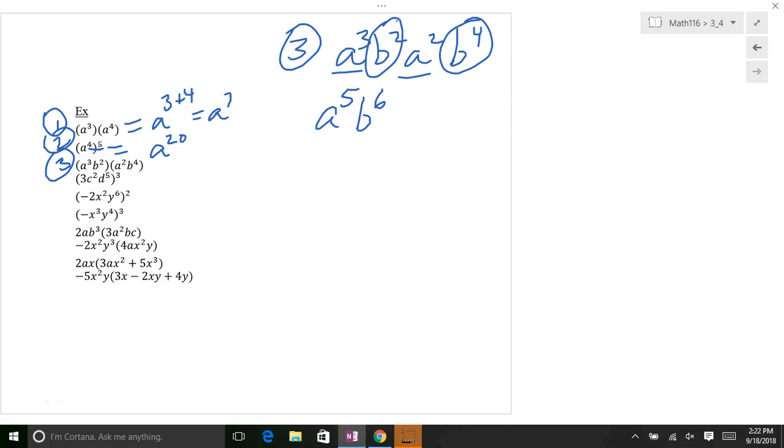Right, how many bananas you got? You got b squared, you got 2 bananas, you got b to the 4th, you got 4 bananas. How many total bananas? 6 bananas. Fourth one here,